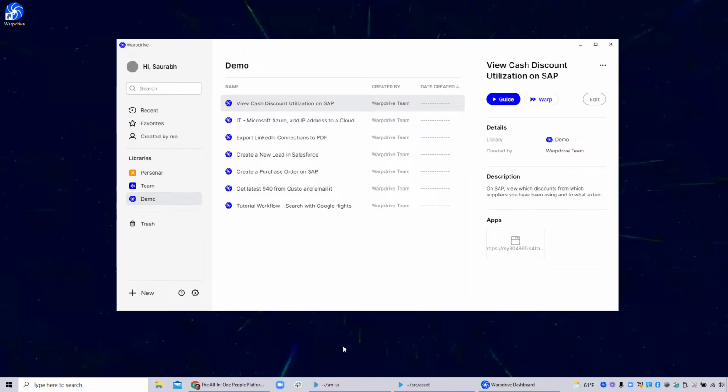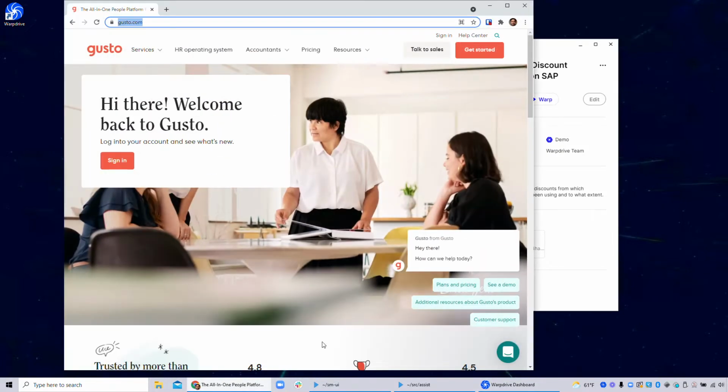Hi, in this demo of Warpdrive, we will cover human-in-the-loop automations and talk about two things: warps, which do not require human interaction, and human-in-the-loop automations that pause and delegate control to humans. So let's imagine a scenario that you are a QA tester in Gusto, and let's start all the way from logging in. So what we're going to do is test out, let's say, the support